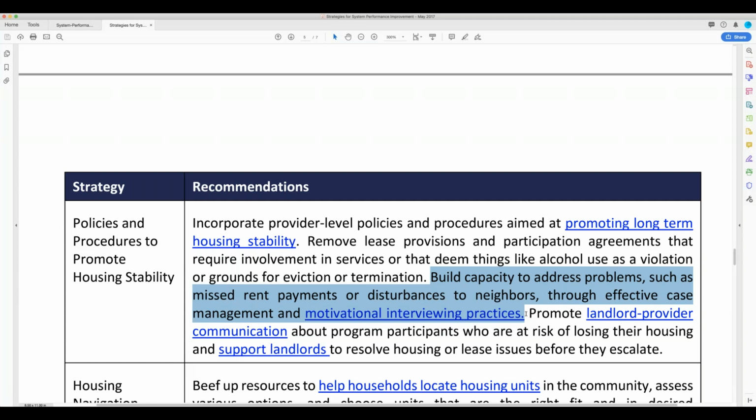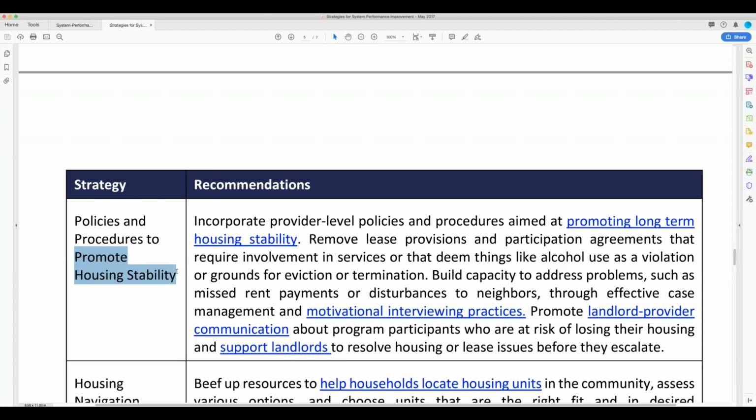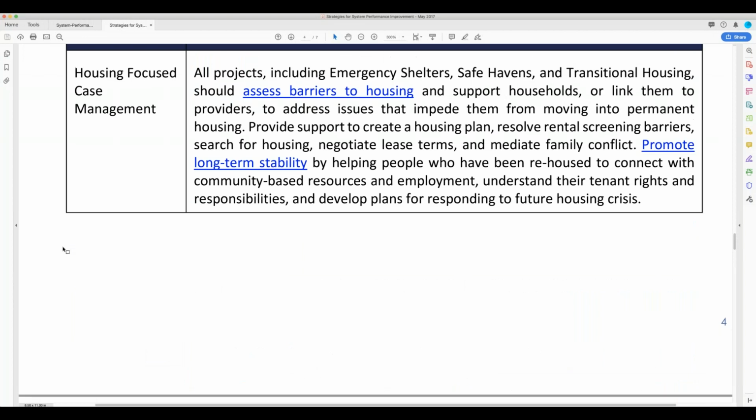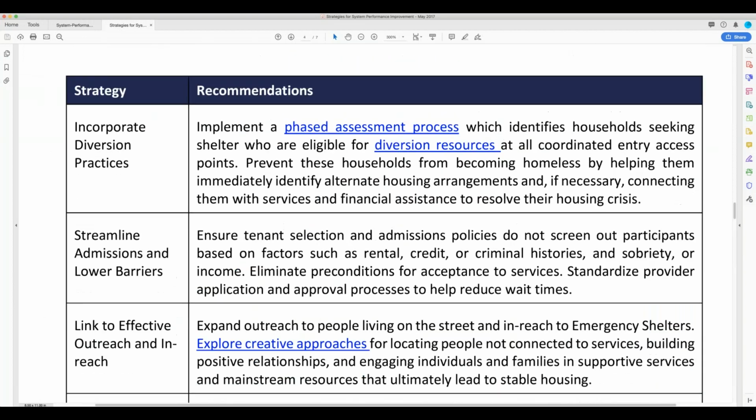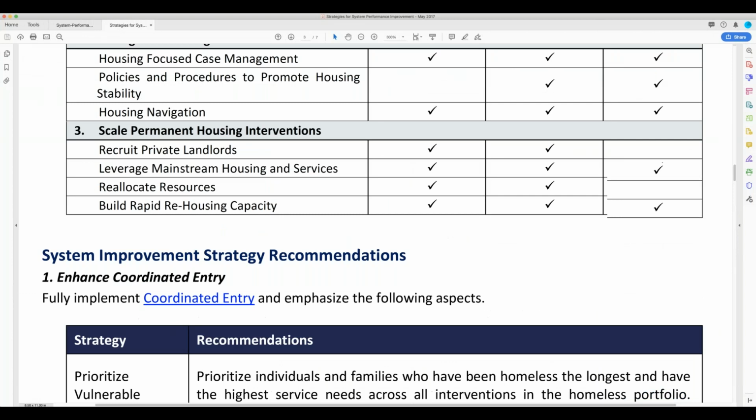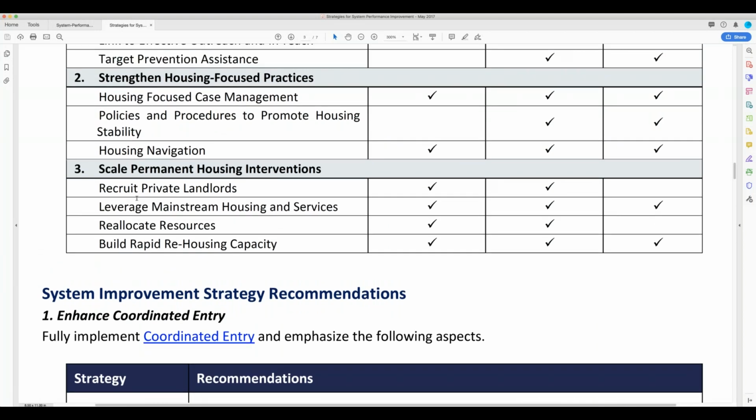They're not going to be able to cope. They will get themselves into an untenable financial situation, and they won't ever be able to overcome those barriers that are constructed or maybe even self-constructed to achieve long-term stability in housing. It won't be possible unless there's an actual ability to promote through our policies in the programs that we're funding that we would reduce barriers within the program, not just at intake, but also to prevent termination. Okay, so that's policies and procedures to promote housing stability.